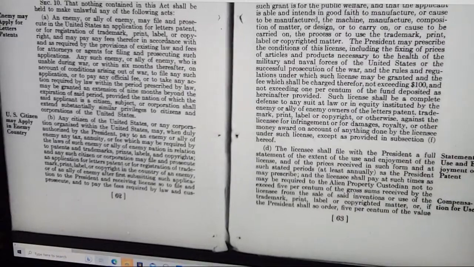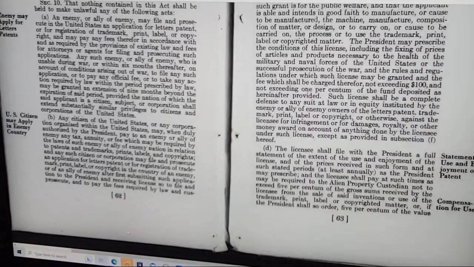May apply in enemy country. B. Any citizen of the United States or any corporation organized within the United States may, when duly authorized by the President, pay to any enemy or ally of the enemy any tax, annuity, or fee which may be required by the laws of such enemy or ally of the enemy nation in relation to patents and trademarks, prints, labels, and copyrights, and any such citizen or corporation may file and prosecute an application for letters patent or for